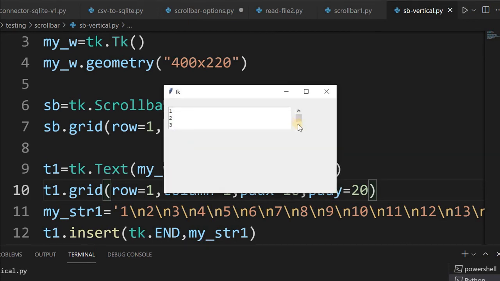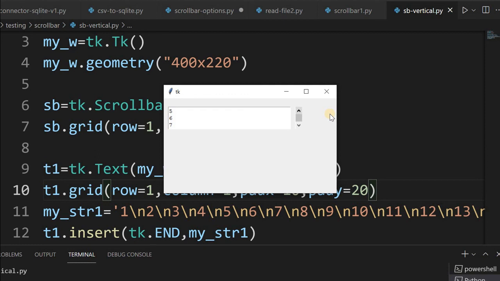Now you can see, okay, here it is. So I can move like this up to 4. You can increase the line numbers and put some more. So this is how we will connect to a text box. If you add more text to this, it will help you to scroll across top, bottom, all this. So this way you can integrate a scroll bar to any widget, whenever you require one.